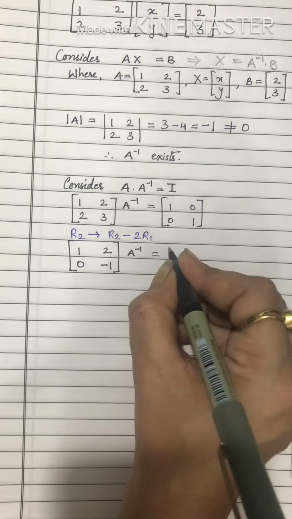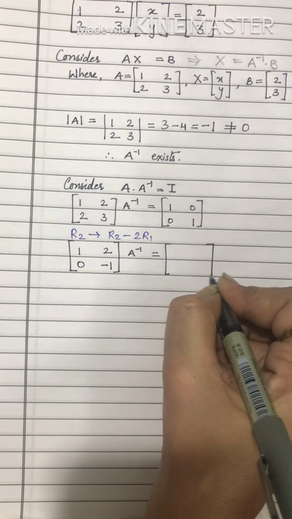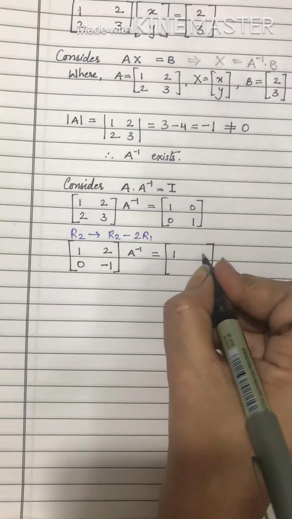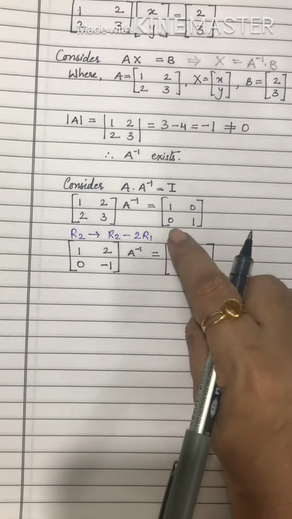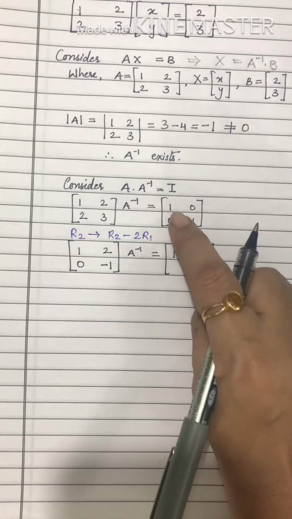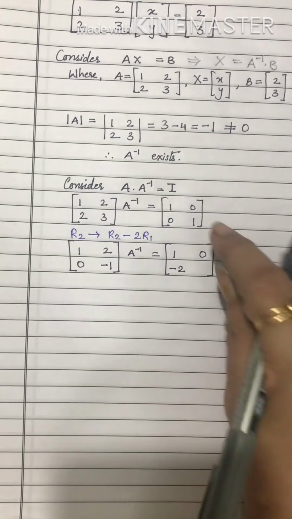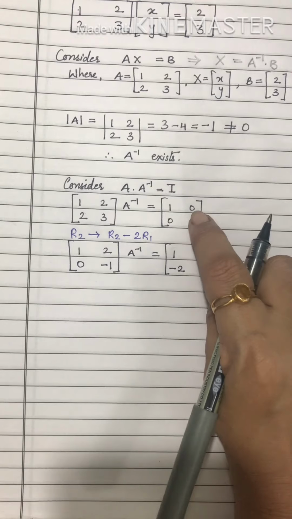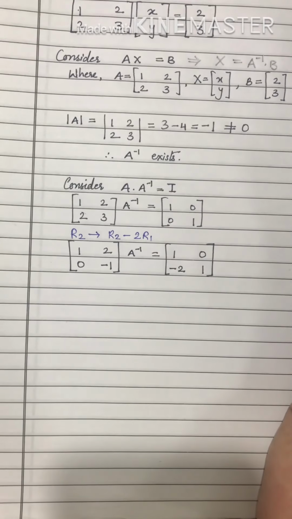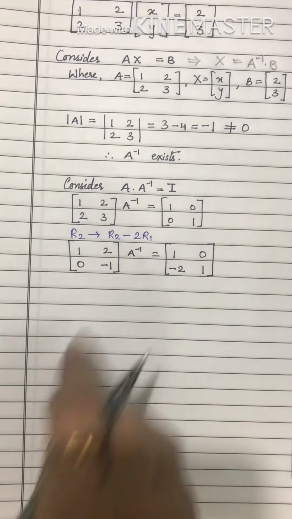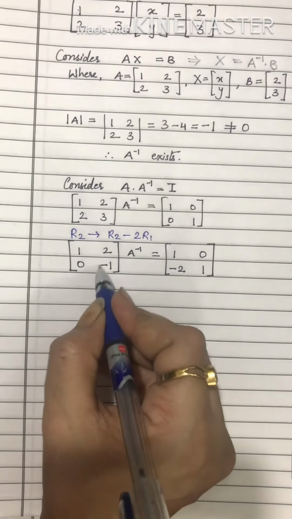Okay, into A inverse is equal to, the same transformation you will have to perform in the RHS for the identity matrix taken. Write row 1 elements as it is. So here what you will get, 0 minus 2 into 1, so that is minus 2, right? And then 1 minus 2 into 0, that is 1 minus 0, which gives you 1. Now next, we need to make this element 1. So simple, it is minus 1.